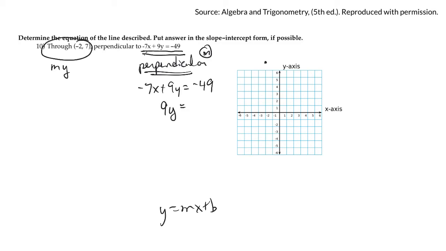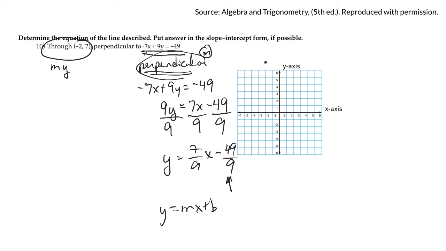I'll add 7x to both sides. Then I'll divide both sides, or every term, by 9, because I want to get the y by itself. So I'll get y is equal to 7/9 x minus 49 over 9. Okay, now this would be the y-intercept of the perpendicular line, not my line. That's the perpendicular line. This is the slope of the perpendicular line, but I can get my slope from that,